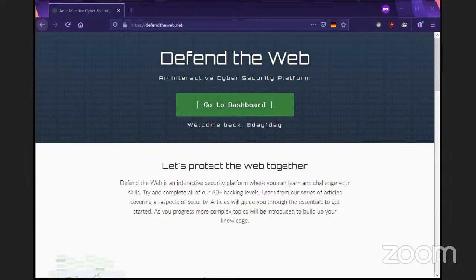I'm guessing that's not the one. You cannot see that. Close that out. From your end, what are you seeing? Does it just say Defend the Web? The dashboard is what I see of Defend the Web.